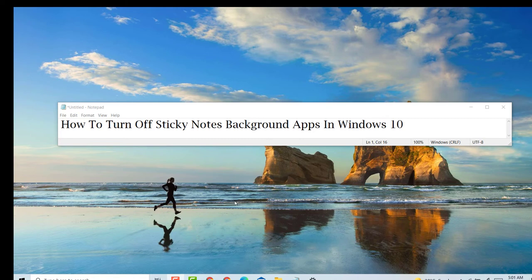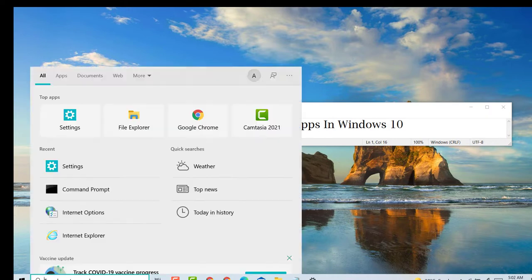Welcome guys, today in this video I'm going to show you how to turn off Sticky Notes background apps in Windows 10 PC laptop. So guys, to turn off Sticky Notes background apps in Windows 10 PC laptop, it's very easy. First click on Start, type here Settings,